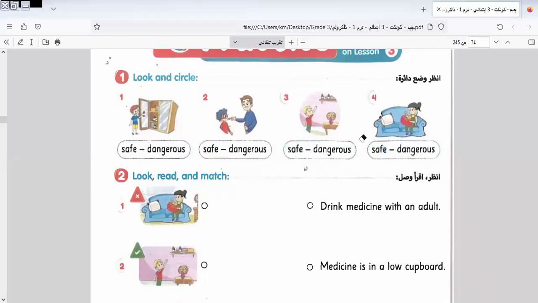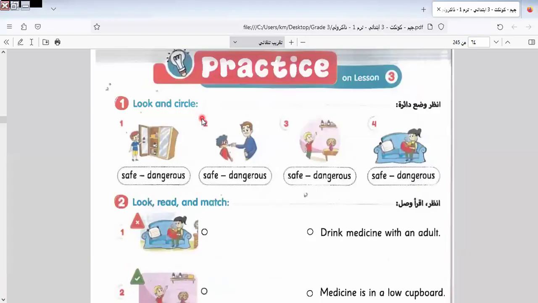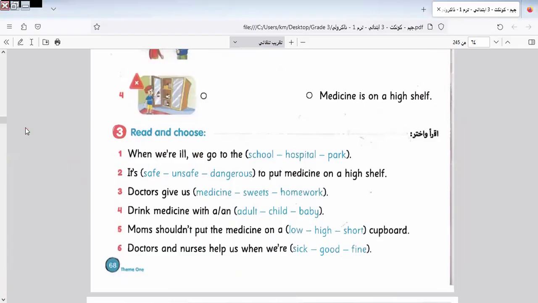Let's go to another one here. I will leave this exercise, as it is the same as the one I answered here. Okay, I will leave it to you to do as homework. Okay, let's go to another one.